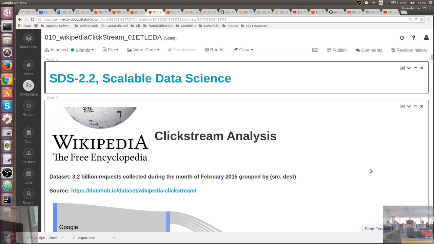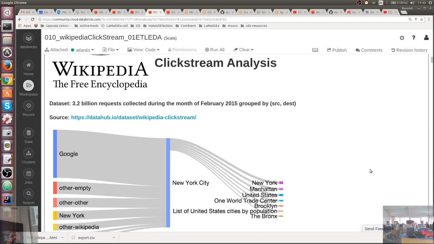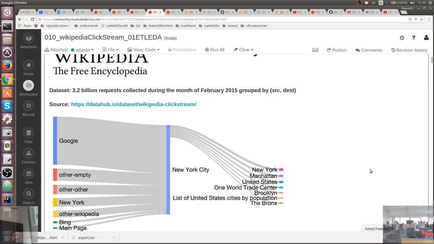So this is a data set of 3.2 billion requests collected during the month of February 2015. And this is grouped by source and destination. So what does this mean? This is the Wikipedia clickstream, people clicking in Wikipedia. Every click has a source of where they came from and a destination of where that click is taking them, right? That's it. So Google searches, you know,